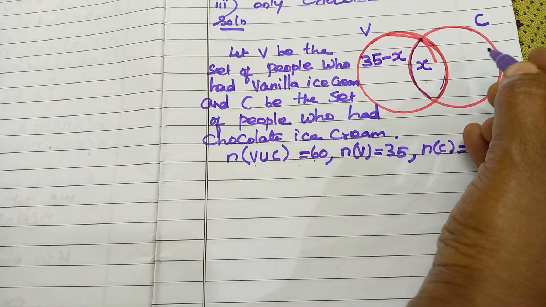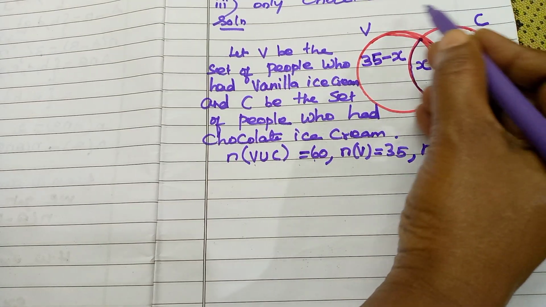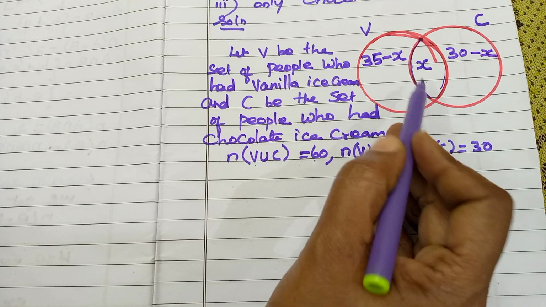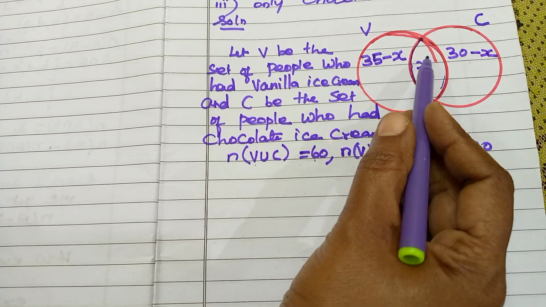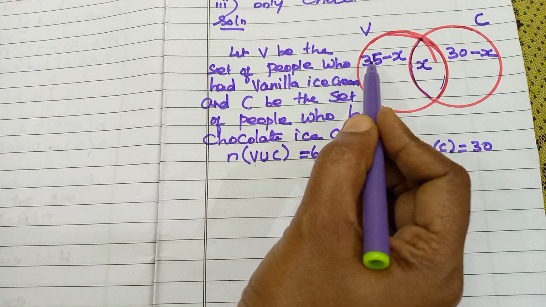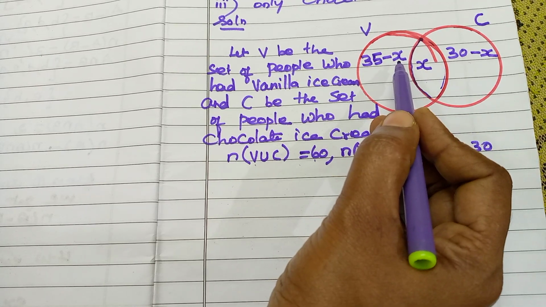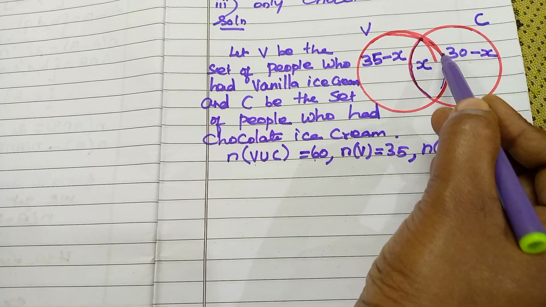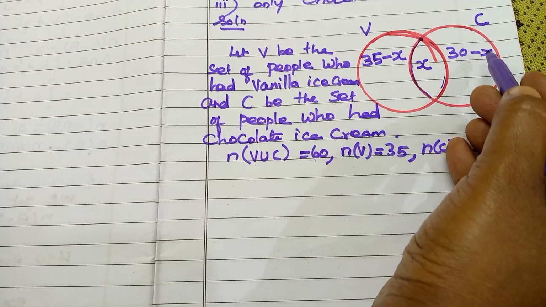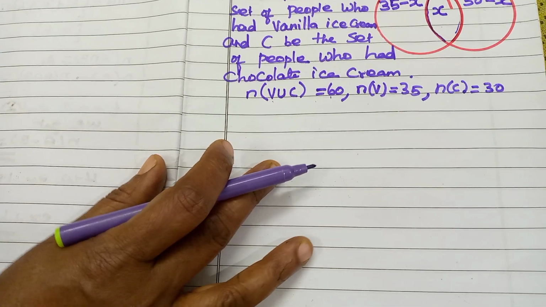Now similarly 30 of them have chocolate. This X is both vanilla and chocolate. So this X we have to subtract from here. Did you understand this one? X, we don't know how many of them have both ice creams, that we consider as X. 35 of them have vanilla, so among these 35, X of them like both. So this X we have to subtract. Understood, students? Similarly, here 30 of them like chocolate. Among these 30, X of them like both. So this X we have to subtract. Understood?